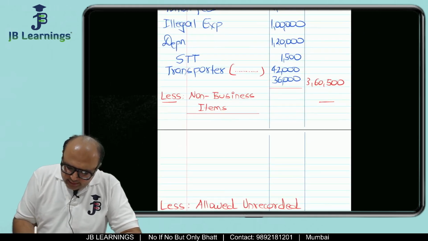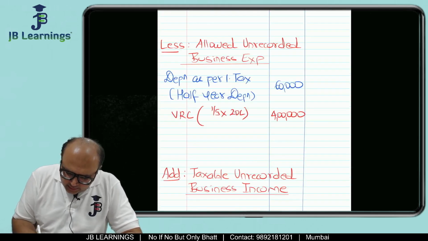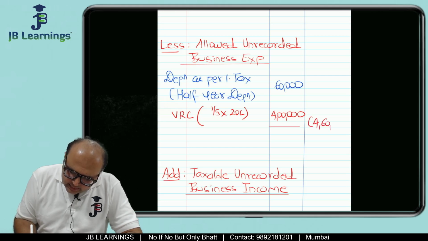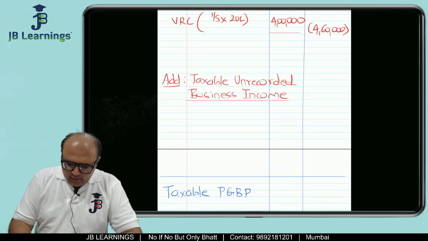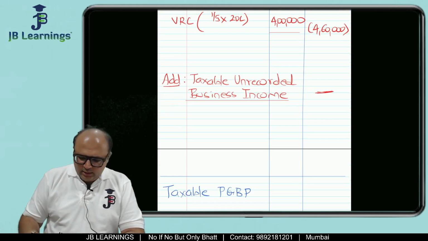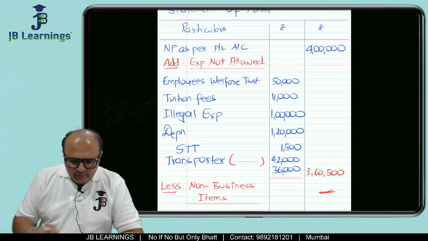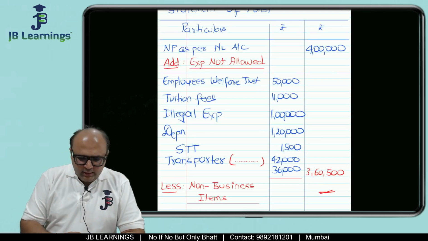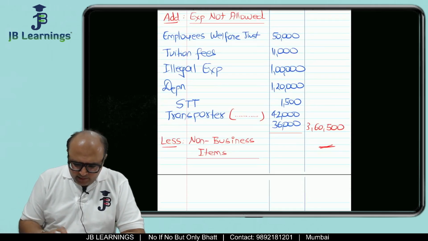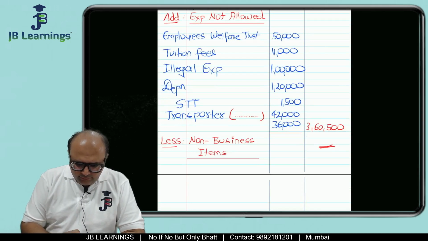Then non-business items are not there in this question. Then how much is this? This is 4,60,000. Then unrecorded business incomes are not there. So friends, what will be our final answer? The final answer would be 4 lakh plus 360,500